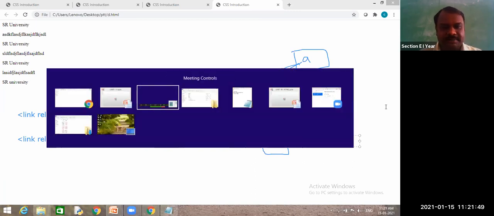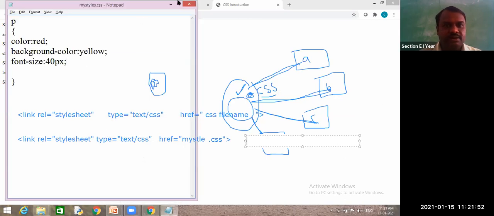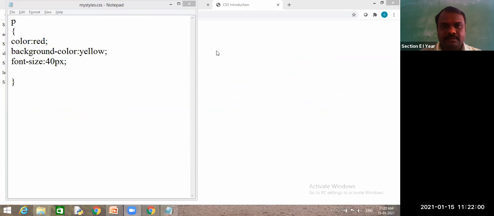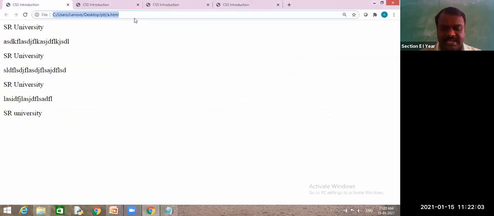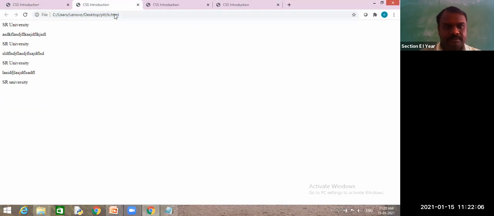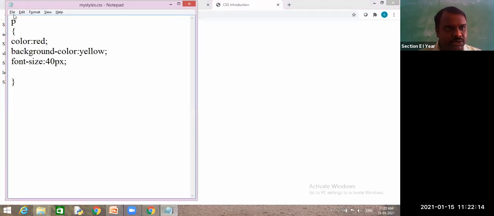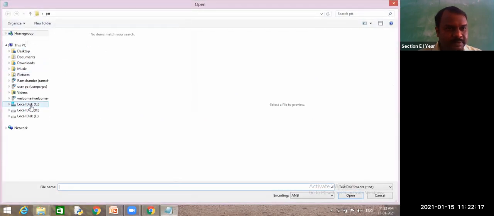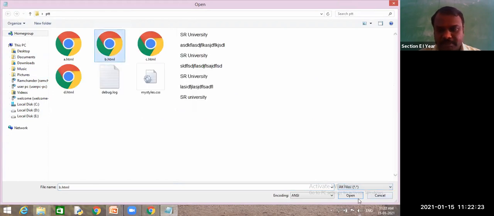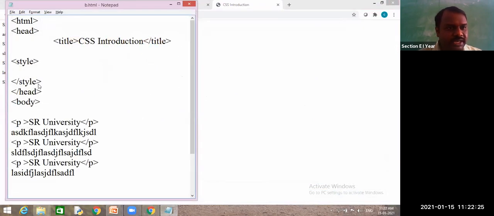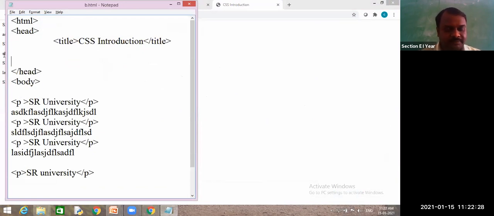Okay, see that one. Now, I have just created the CSS. Wait, clear everything. Now, no file has been linked with this CSS, so I cannot see this response. Now you understand, guys. So I will open which file? b.html. I am opening b.html. In it I remove this style tag, no need of this style.